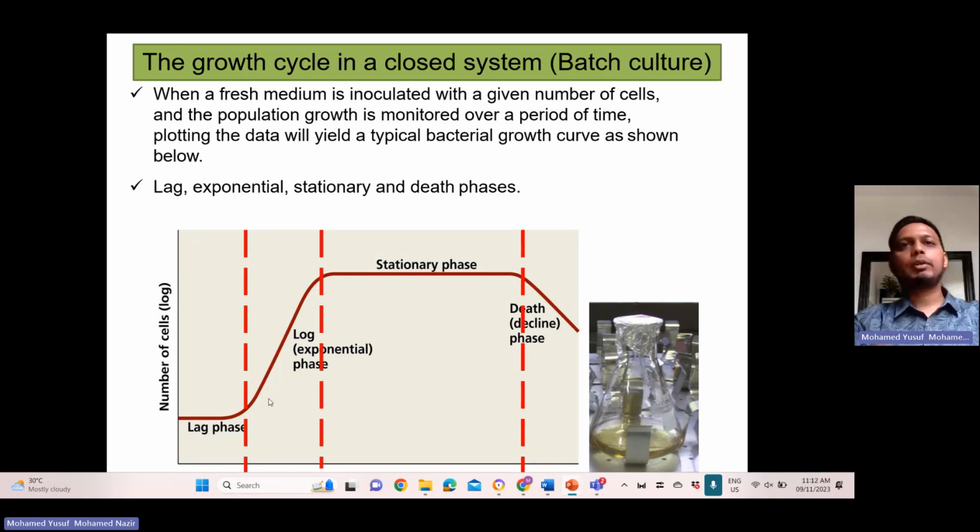At this phase, normally there will be an excess of nutrients and also space, let's say in the chicken curry. So the chicken curry will have excess nutrients and space for the cells to divide during this phase. Since the nutrients are enough and the space is enough, the cell will divide happily, will grow happily during this stage. And the division of the cell will happen at the most optimal conditions.